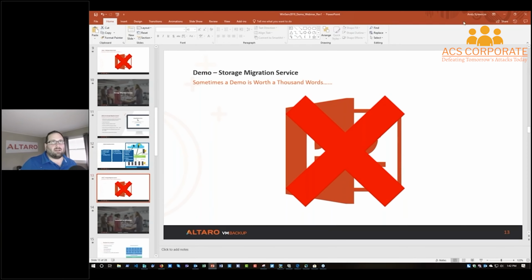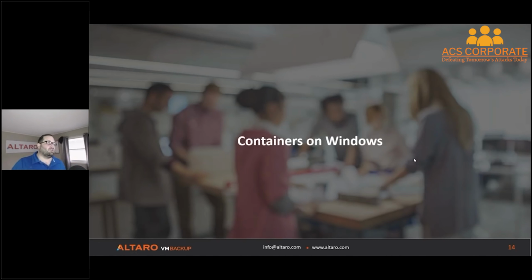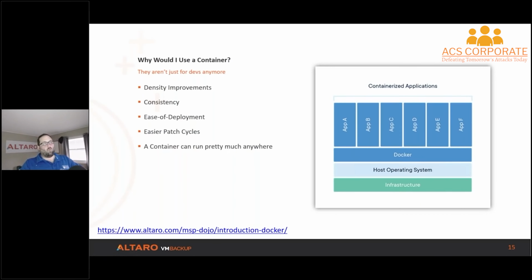So let's go and look at containers. Containers is the next thing on our list. And the first thing I want to start with is, why should I use a container? As you can see in the right-hand picture here, a container is kind of like a VM. It's not a VM, but very similar in that it's an encapsulated image with just the application that you want to run. In this case, you can see we've got our infrastructure at the bottom, our host operating system, then the Docker layer, which is the container engine, and then your different containerized applications on top of it. With Docker and containers, you download a container image and you use that image to deploy